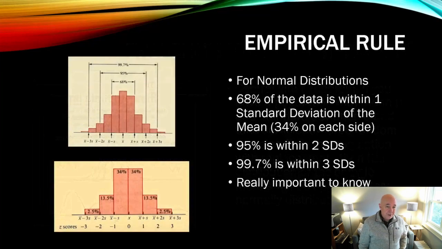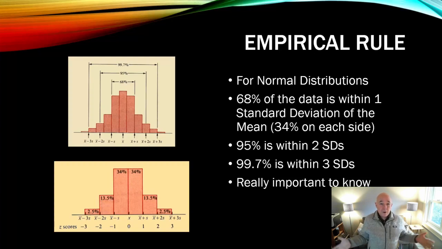But here's what you need to know. Much like Chebyshev's theorem, where you can say between 2 standard deviations lies 75% of the data, with the empirical rule and the central limit theorem, you know that 95% of the data lies within 2 standard deviations, if your data is normal, right? So if your data is not normal, you use Chebyshev's theorem. That works for every data set, including these. But if you know your data set's normal, you actually can say,